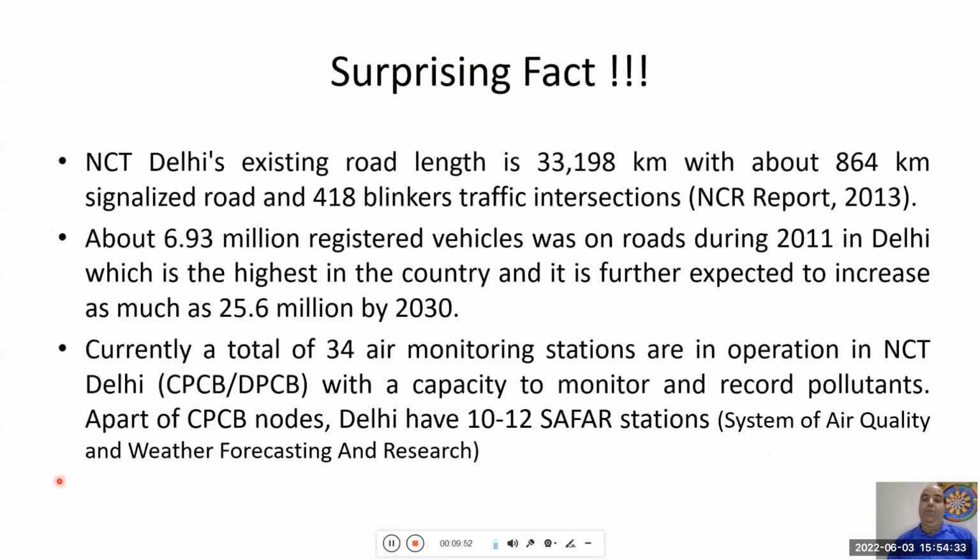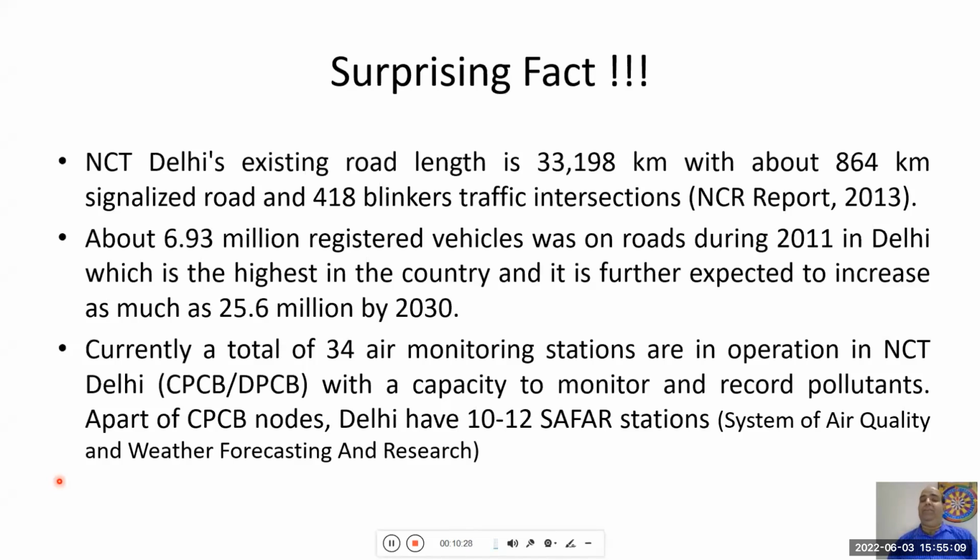There is a surprising fact that NCT includes a total road length of 33,000 km, with about 864 km having signalized roads and 418 kilometers as blinker traffic intersections. There were 6.93 million registered vehicles on the road by 2011 and an expected increase to 25.6 million by 2030. You can see millions of vehicles are running on the road. That definitely contributes